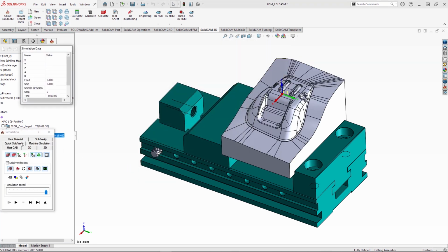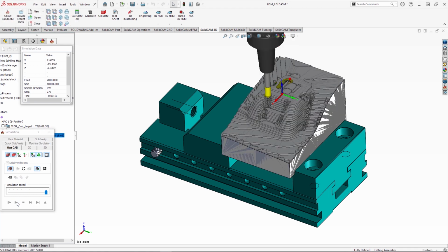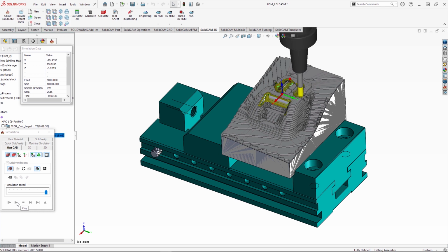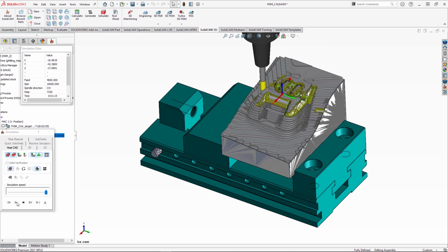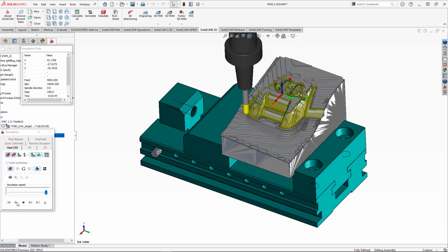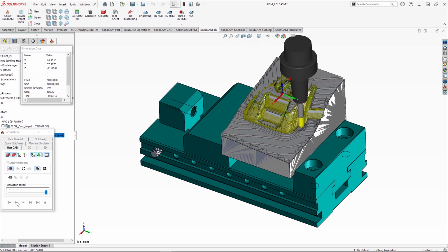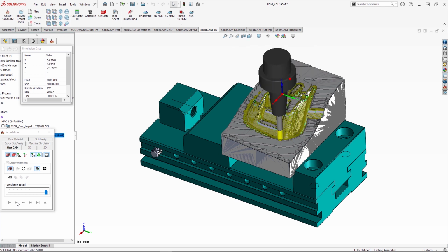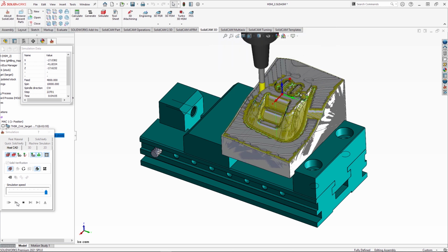We can then go and simulate this and see how this looks on the model. It builds the stock model from what we had previously, and you can see the constant Z passes are done first. Now in the software we can choose to do them last if wished, but in this case I've chosen them first. We can also see the difference of where is 45 and 90 and where is 0 and 45. Obviously the constant Z only hitting the areas between 45 degrees and 90.